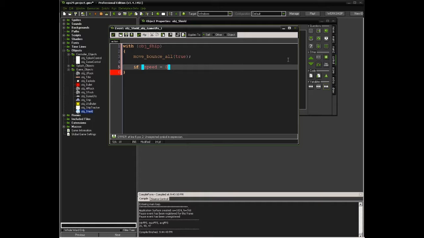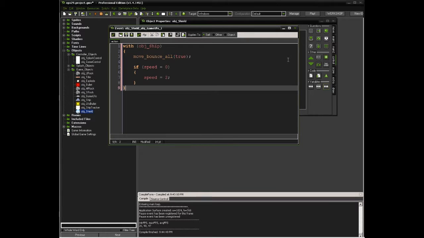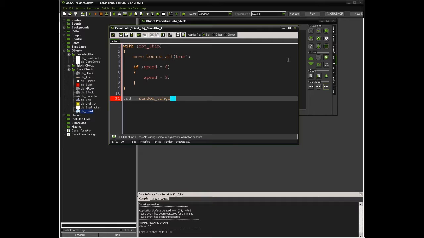If speed equals 0, speed equals 2. Okay. And just like the other stuff, we're going to go random equals random range, 1 to 10. And this is going to be